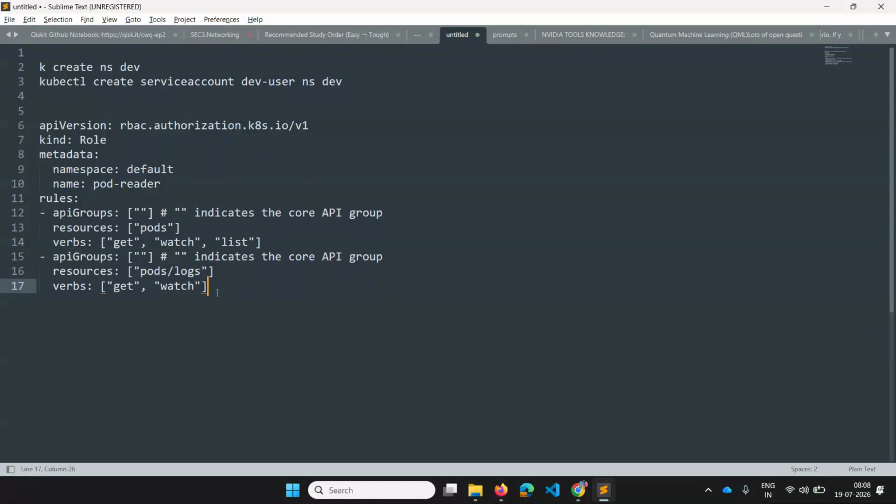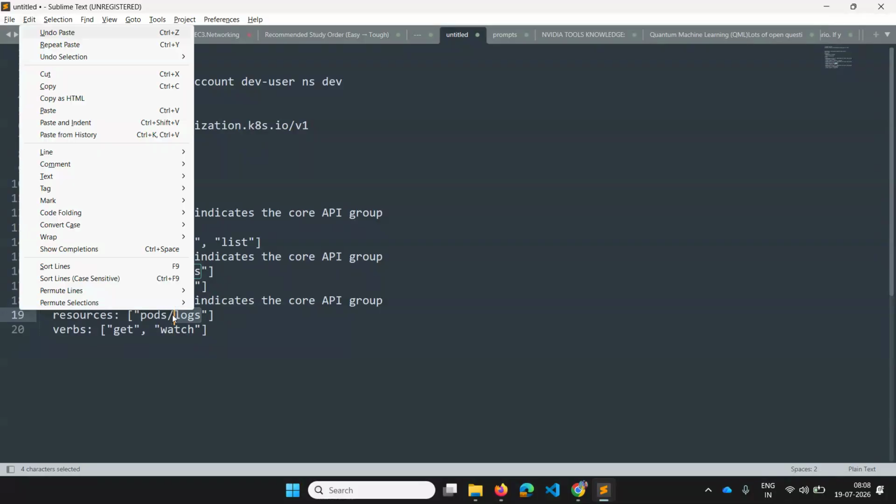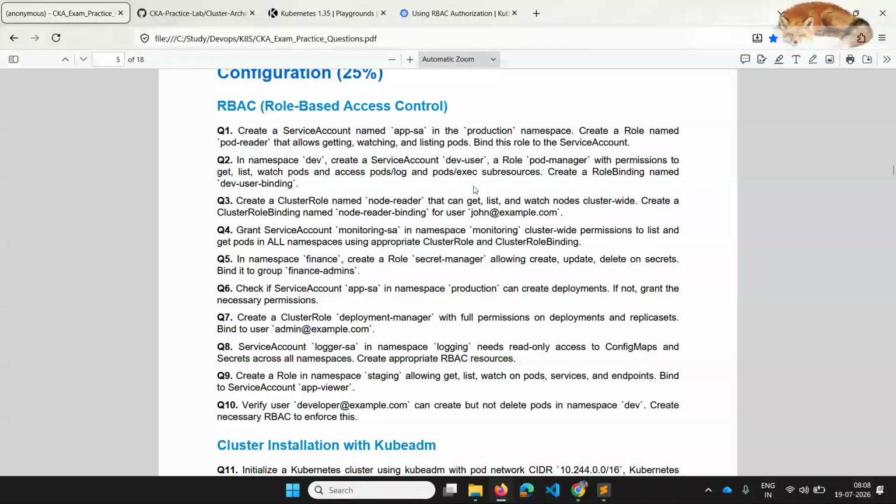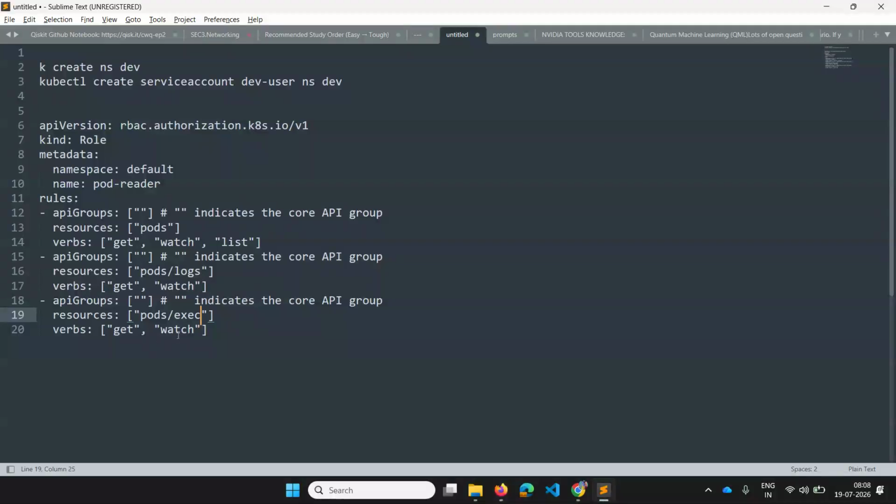Similarly, exec into a pod is like creating a new shell, right? So I will do pods slash exec, and this is another sub resource which needs create.